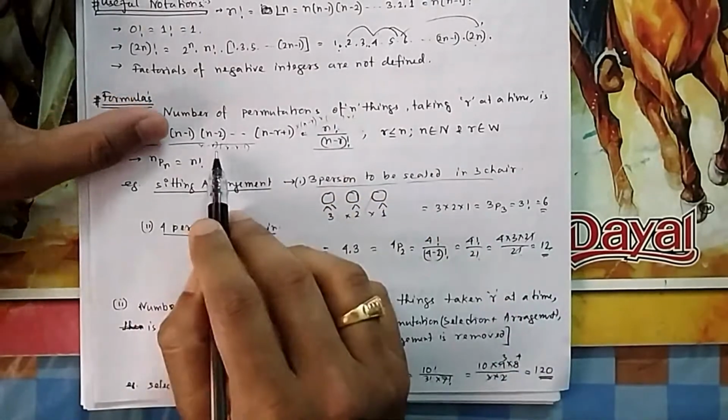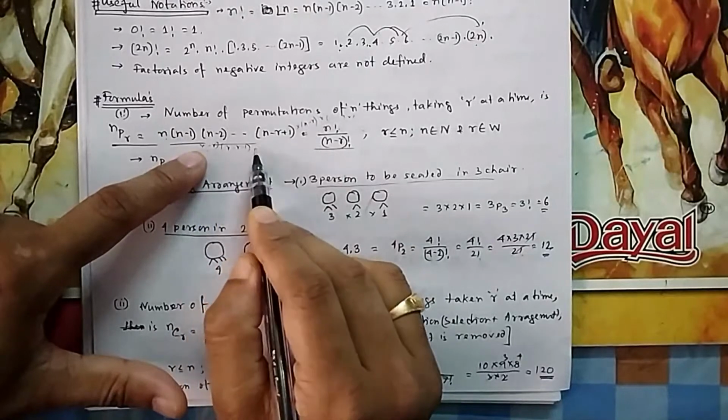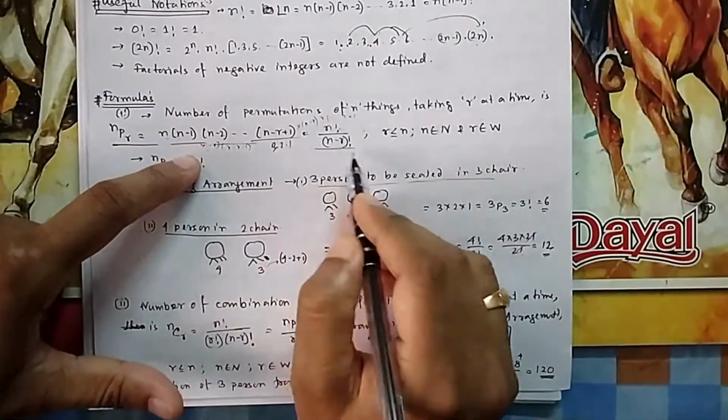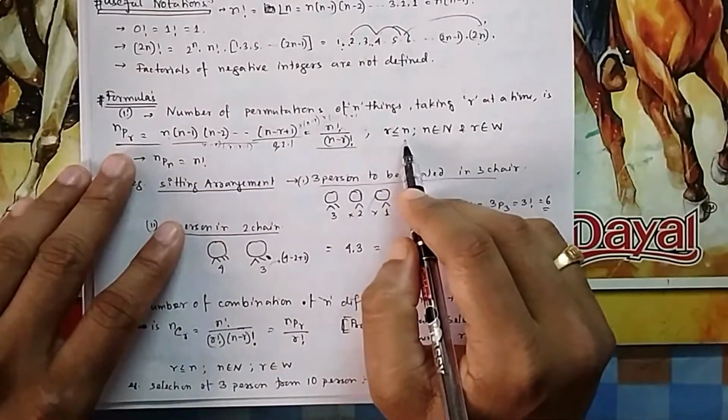In the denominator, starting from n minus r, because this term you are giving extra in the numerator, so in the denominator also you give up to 3, 2, 1. So this becomes your n minus r factorial. So this is proved. One thing you have to remember, r should be less than or equal to n, because